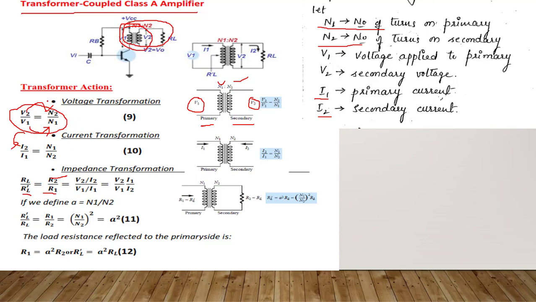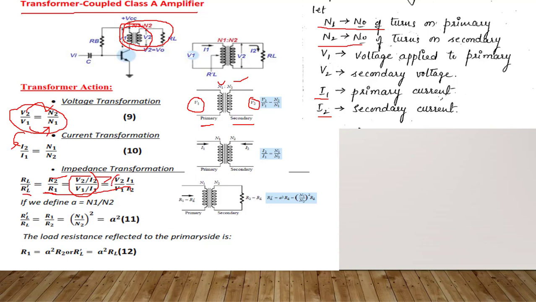Okay, once we know the voltage and current, can we find out resistance? See, this is a very important formula. R2 is nothing but V2 by I2. R is nothing but V by I, and it is 2, so V2 by I2. Same way, R1 is nothing but V1 by I1. We are applying this and simplifying, we will get V2 I1 by V1 I2.